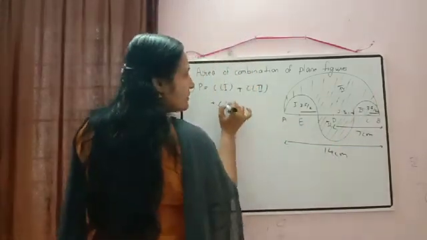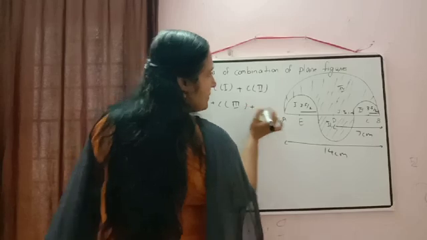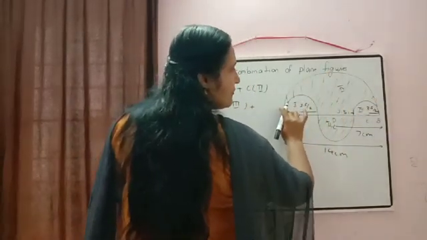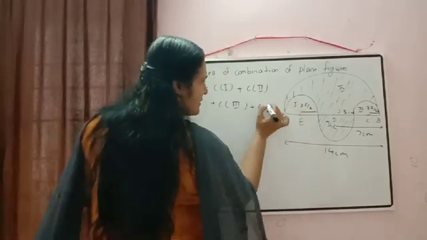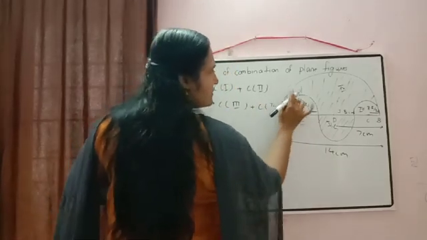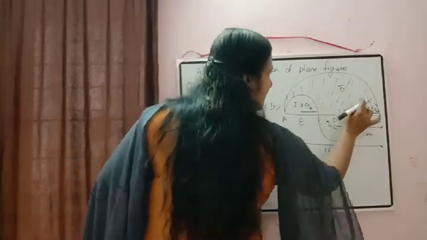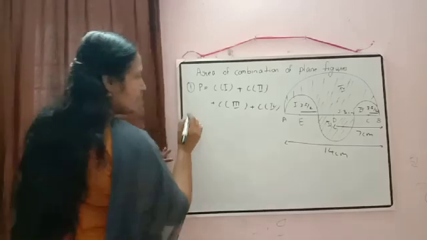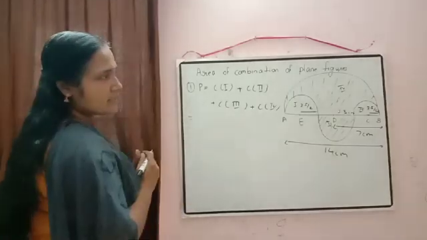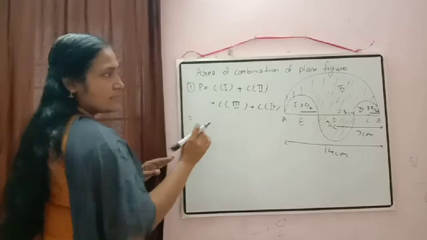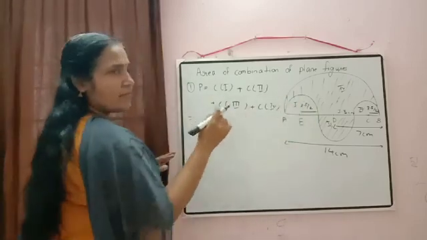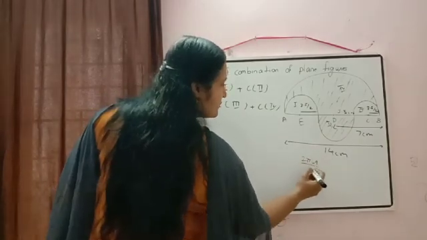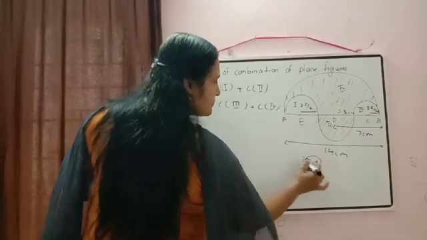Then we need the boundary of the shaded region. This one also is coming in the boundary, so that is the circumference of the third region. Plus this one also is coming in the boundary, so we need the circumference of the fourth region. So circumference of the first, second, third and fourth region is the boundary which we have there. We know that each is a semicircle. The circumference of a circle is 2 pi r, so a semicircle means half. So can we use pi r only?